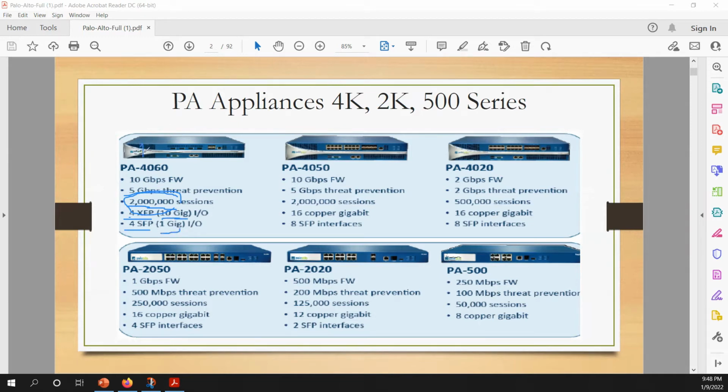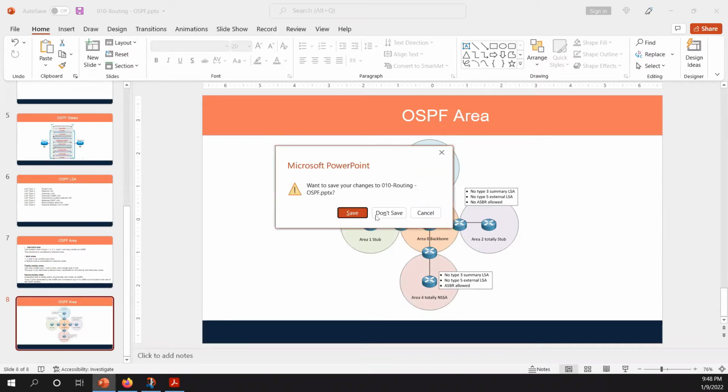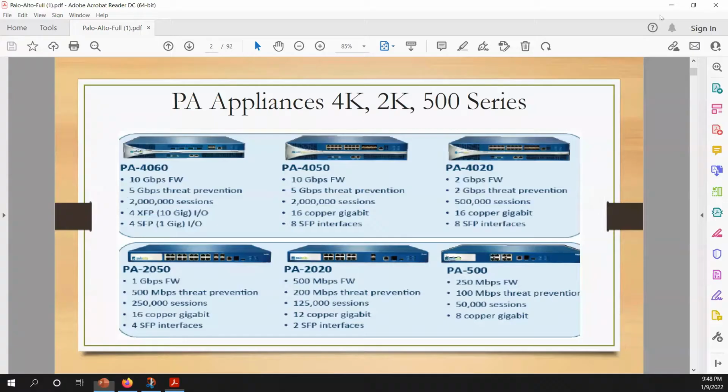So this is Amar, for this threat prevention one, is there any specific extra module in this device? Yeah, there is a security module itself on the devices. I haven't shown you, but that is not there in the 10 Gbps one. It's there when we take the 5 Gbps bandwidth. Right. Let me just show you that slide.